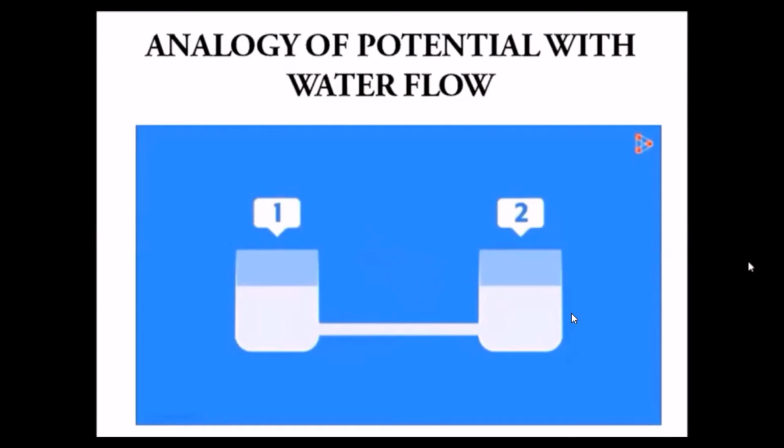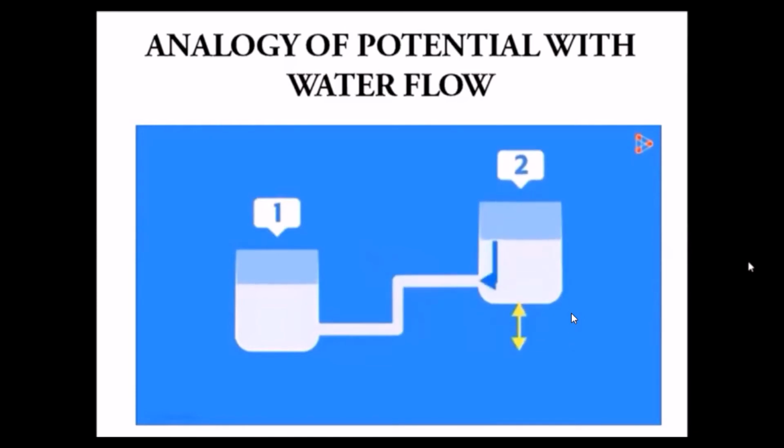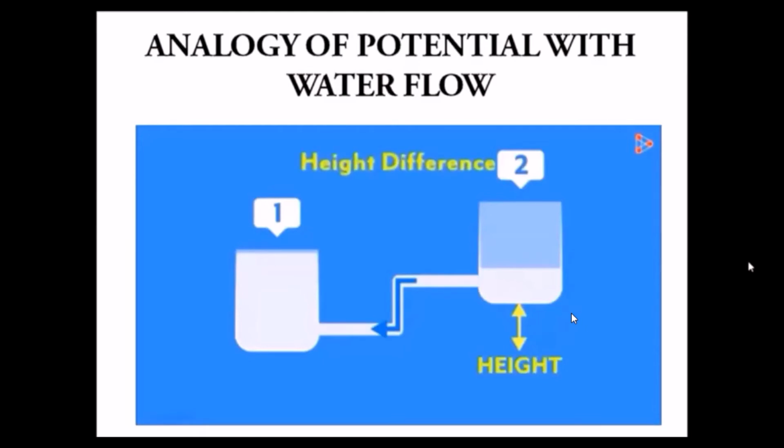It's easy. One of the things you could do is raise the height at which the second beaker is kept. Once it's raised at a height, the water will flow from beaker 2 to beaker 1. What exactly happened here? What was the factor that made water flow? In simple terms, the factor was height. Yes, you can talk about gravity or pressure difference. But in layman terms, it is the height difference that causes the water to flow from the second beaker to